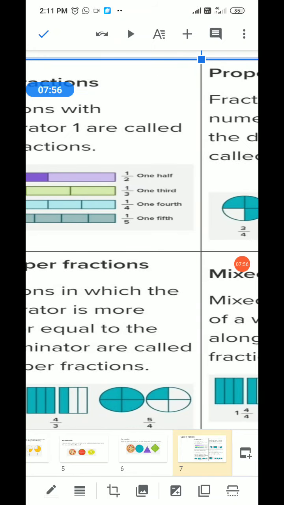See the next example of the circle. We have 2 circles, right? Both the circles are divided into 4 equal parts. So the total number of divided equal parts is 4. 4 should be in the denominator. How many parts are shaded? 1, 2, 3, 4, 5. 5 parts are shaded. So the fraction will be 5 by 4. Understood? 5 is greater than 4, correct? So this is an improper fraction.